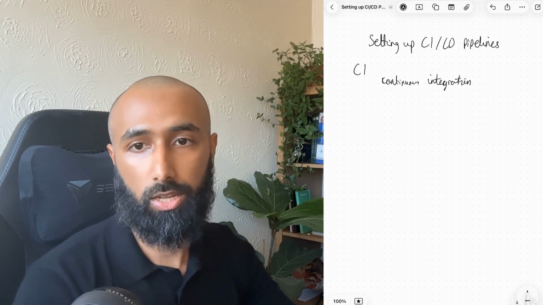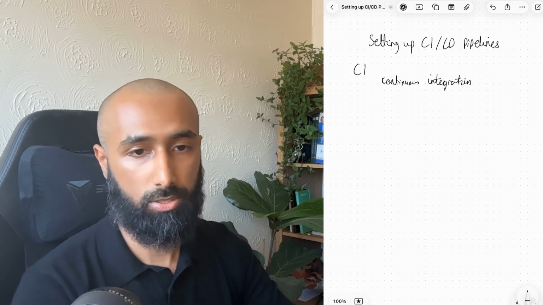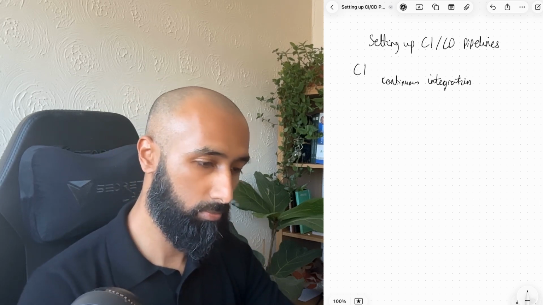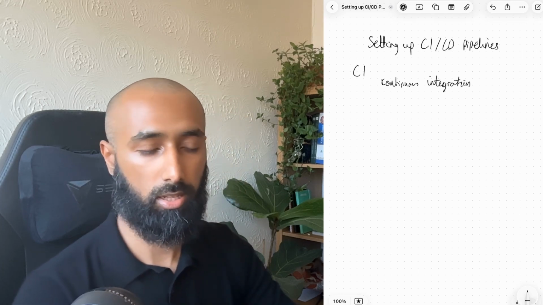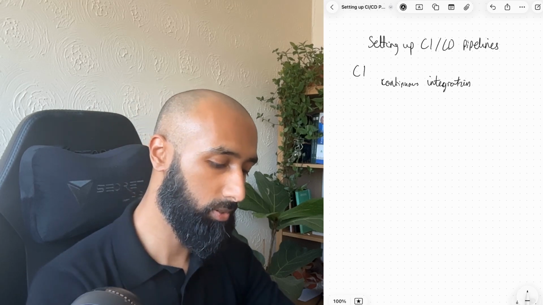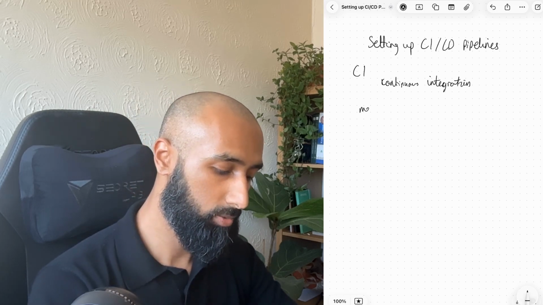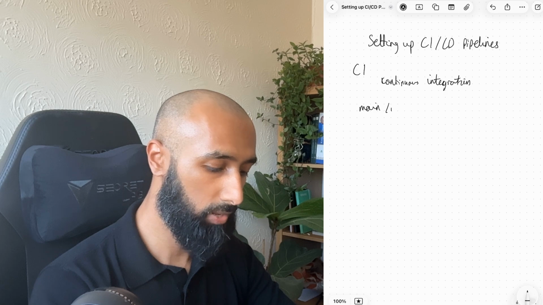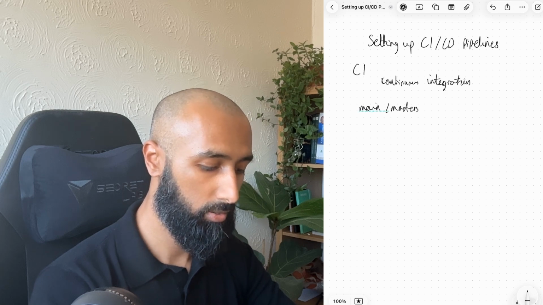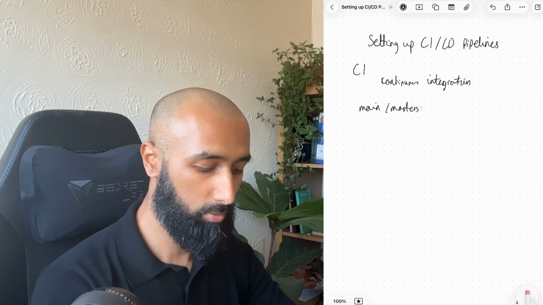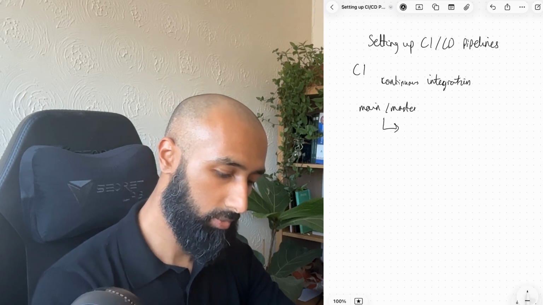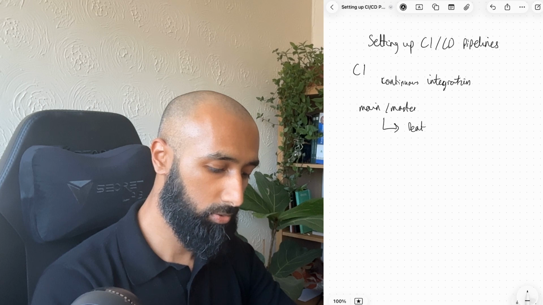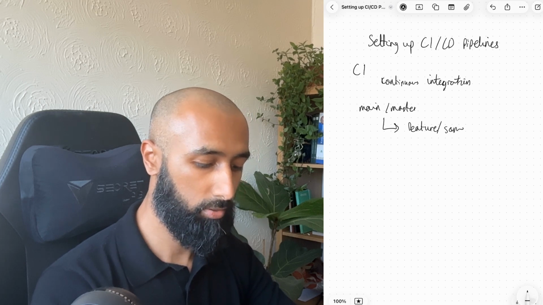getting your code merged into a shared repository, which most people are just using Git for now with version control. Chances are that's also on GitHub, where all your code is hosted. So what you'll probably do is have some kind of base branch, either main or master. I don't really know anyone that uses master anymore, but main, let's say. And then you'll branch off and create your feature branch,